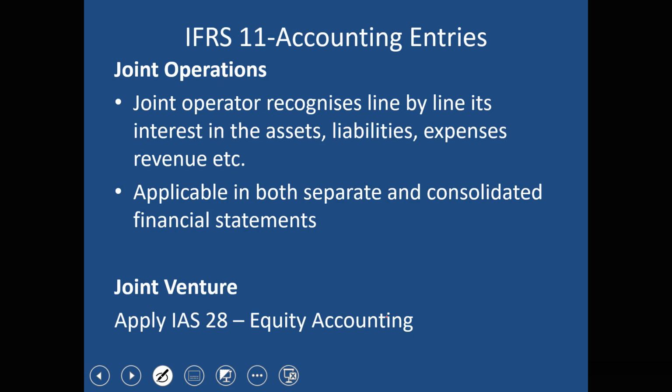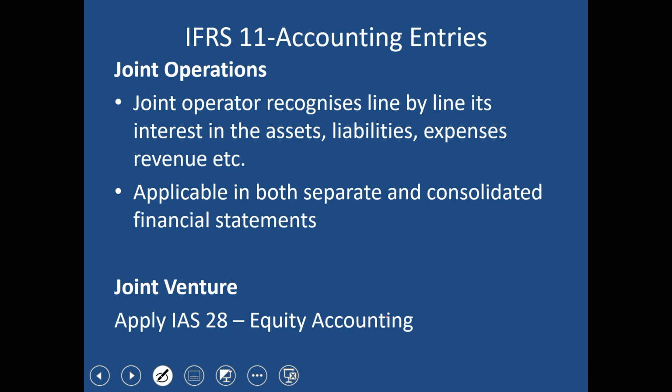Now, how do you account? How do you do the double entry? This is the question we are answering. When it is a joint operation, remember the parties have rights to assets and obligations to liability. So they account for their rights to assets and they account for their obligation to liability. So if I am a joint operator, I'll take my joint operation asset and add it to my assets which I have already. My liability will be added to my liability. So it is a line by line